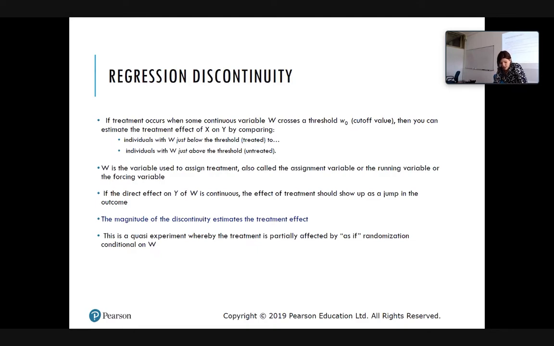In this case, in particular, we have an as if random treatment conditioned on another variable. So basically the probability to get the treatment depends